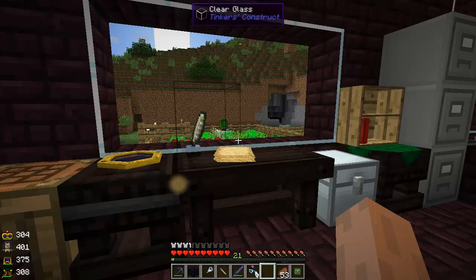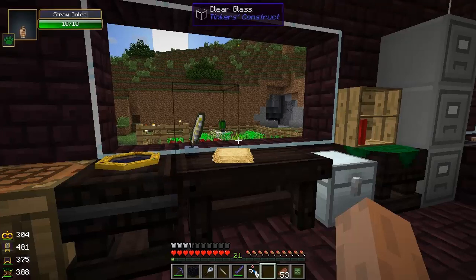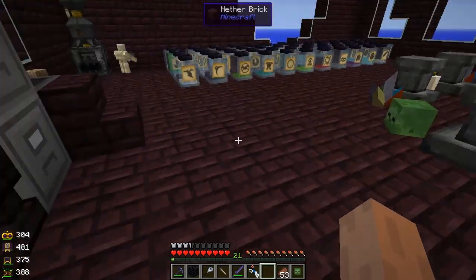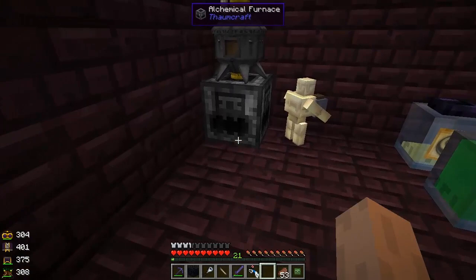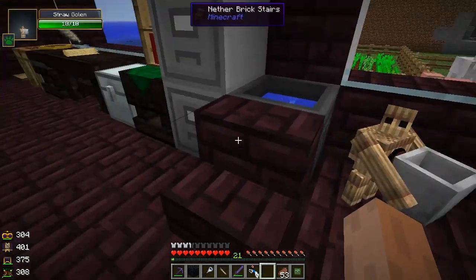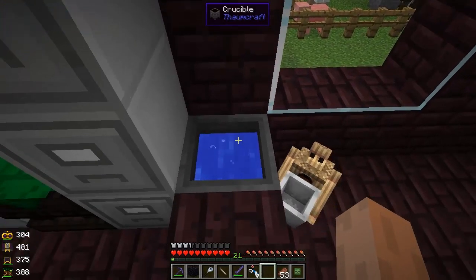So in this episode, I'm going to show you how to set up a mana bean farm. Mana beans are useful for a lot of things. You can use them to craft Salus Mundus in your arcane work table. You can cook them in your alchemical furnace and get aspects for your essentia jars. You can also chuck them in your crucible, and that's nice if you want to balance your aspects exactly, because